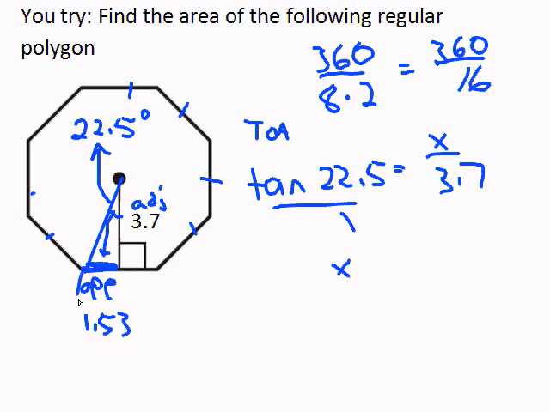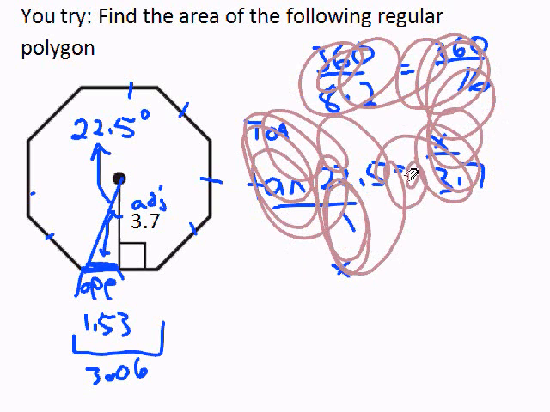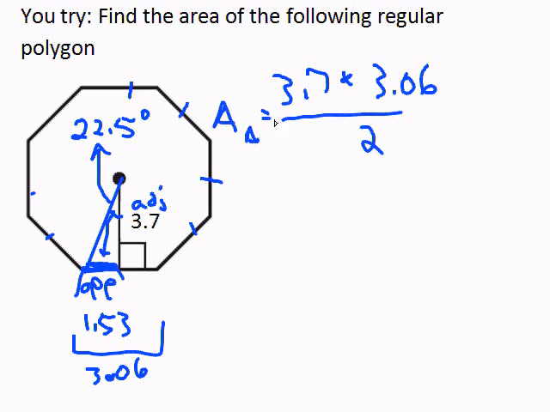Now remember, that's just half of our entire base length, so we're going to multiply that by 2, giving us 3.06 or 3.07 in total. So we have our base is 3.06, our height is 3.7. We can actually now solve fairly easily for the area of our triangle just by finding base times height, 3.7 times 3.06 dividing by 2. That's going to give us the area of one of our triangles,